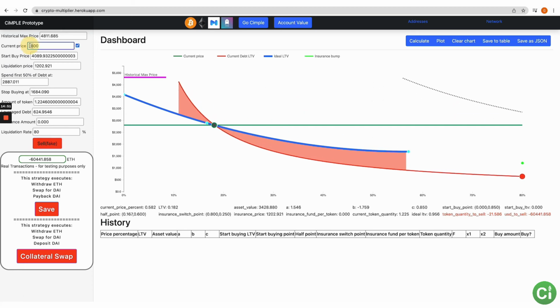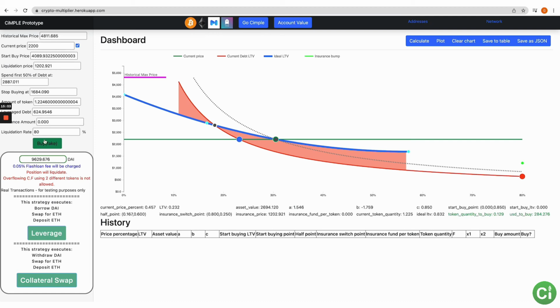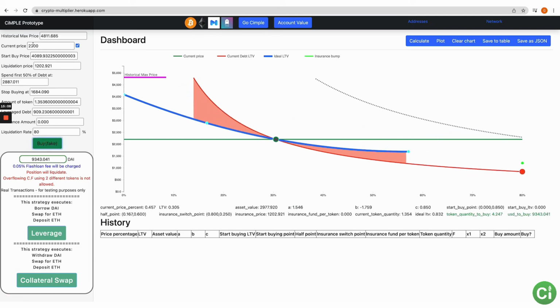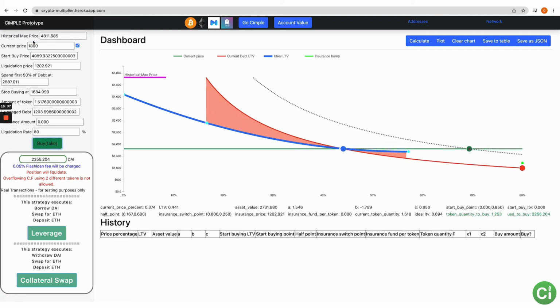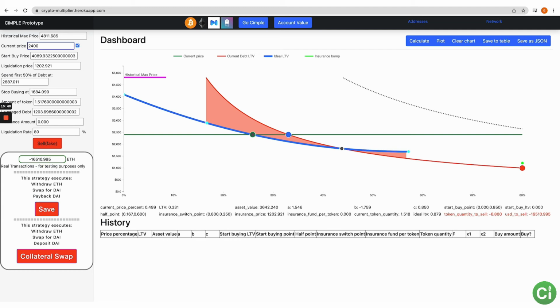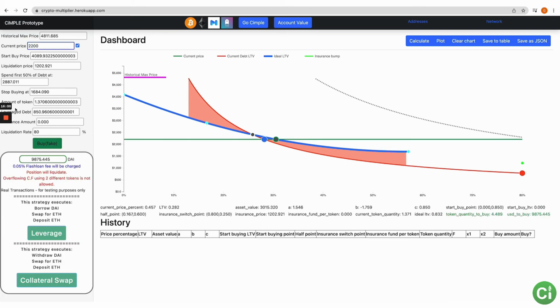Let's drop the price to 2,200. So we're getting bigger swings. You'd make a purchase here at this price, then change it to 1,800. So we'll go even lower. We make this purchase, and let's say that's the lowest it goes, 1,800. Then let's say it goes up to 2,400, and you say, okay, that's enough, I should probably take a little bit of a profit there. And so you sell at that point. Then it goes back to 2,200, and so you're able to buy again at this 2,200 price.